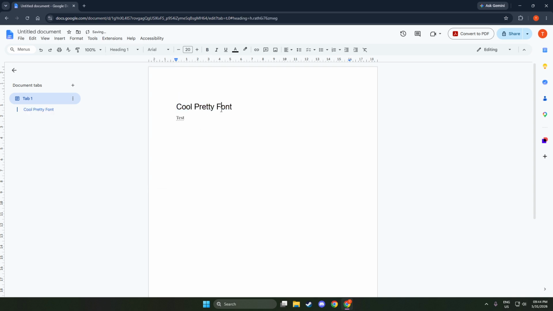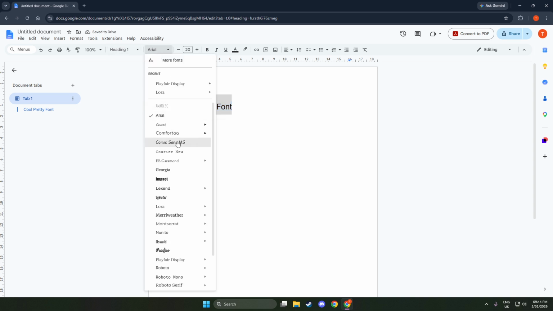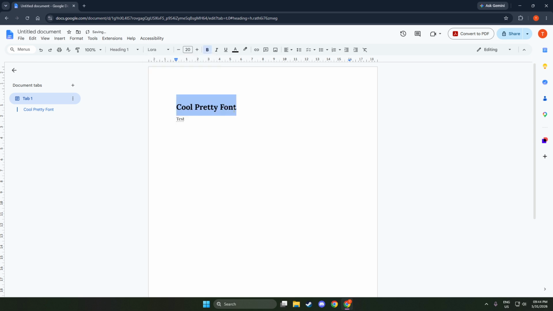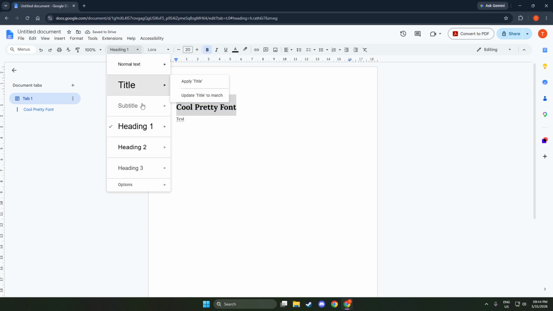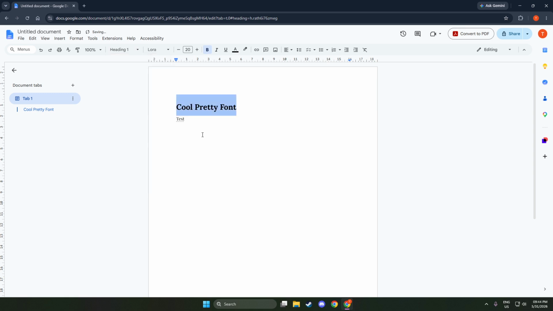Select your document title, open the Styles menu, and choose Heading 1. If you want it a bit bigger or bolder, adjust it, then click the arrow next to Heading 1 and choose Update Heading 1 to match. Do the same with Heading 2 for section headings and Heading 3 for subheadings. Once your styles are set, you can apply them throughout the document with one click, keeping everything uniform and easy to scan.